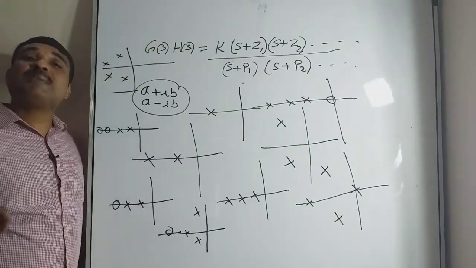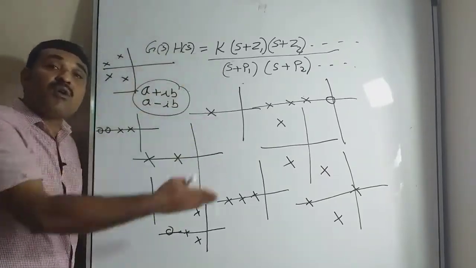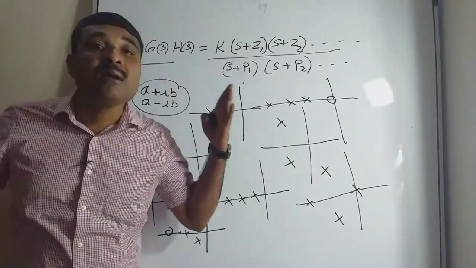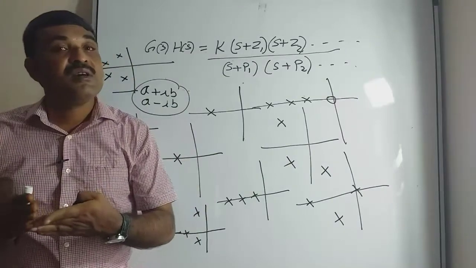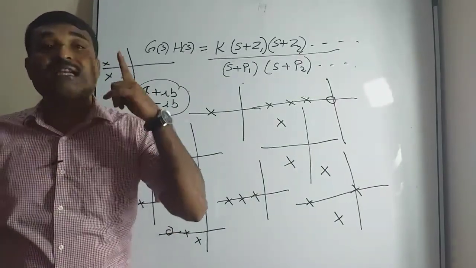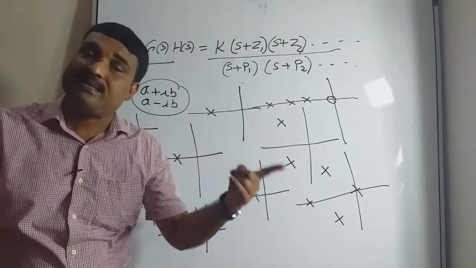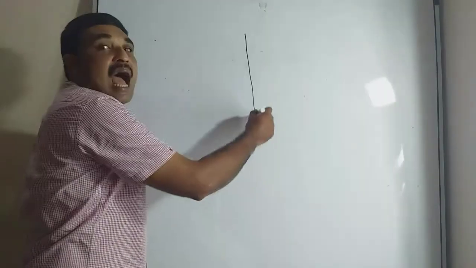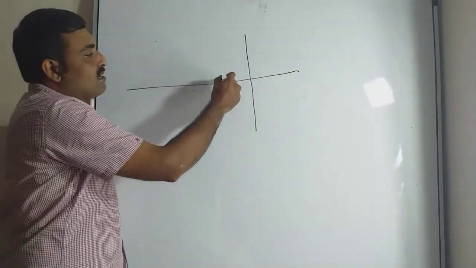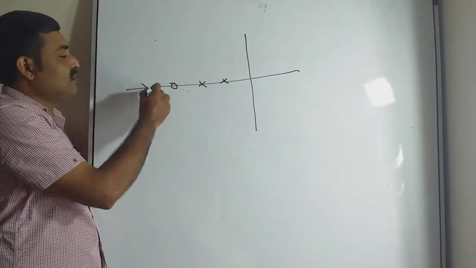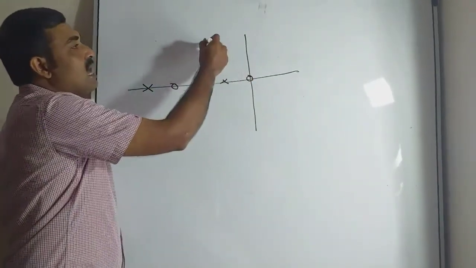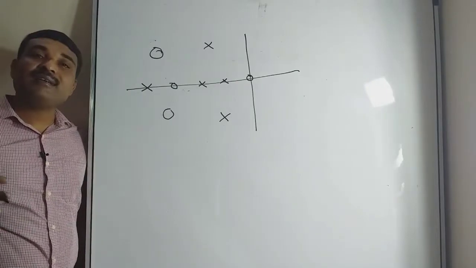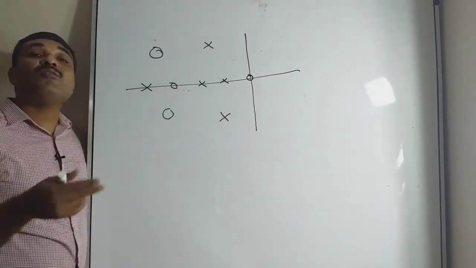We can draw the approximate shape of root locus for all these configurations, or for any configuration, without actually doing all the procedure, which we will discuss in this session. For that purpose, we want to know two concepts: how to find the location on the real axis and how to find the angle of asymptotes. Now suppose I have a pole-zero configuration like this: one pole here, a zero here, another pole here, a zero at the origin, a pair of complex conjugate poles and a pair of complex conjugate zeros. How will we check which portion of the real axis lies on the root locus?